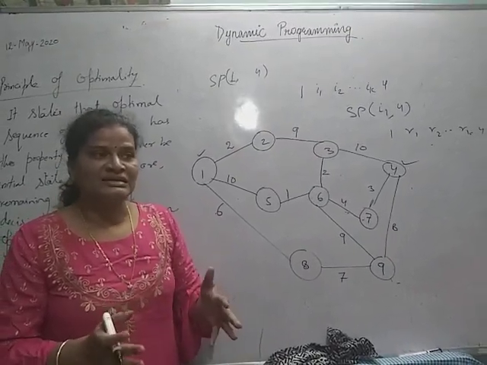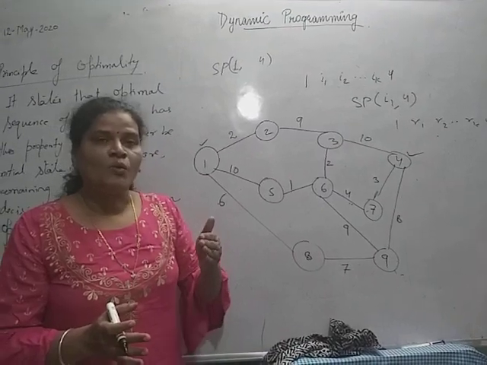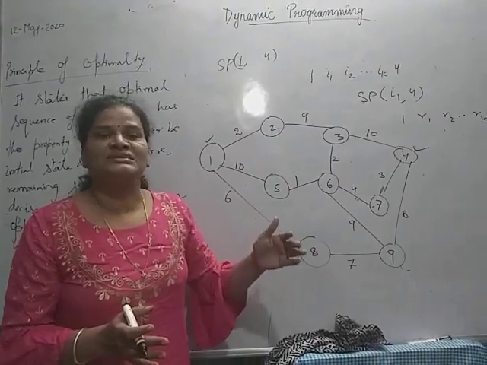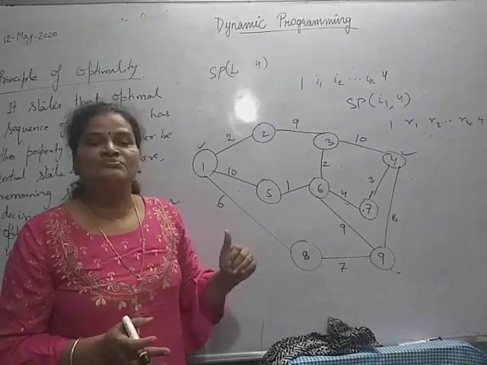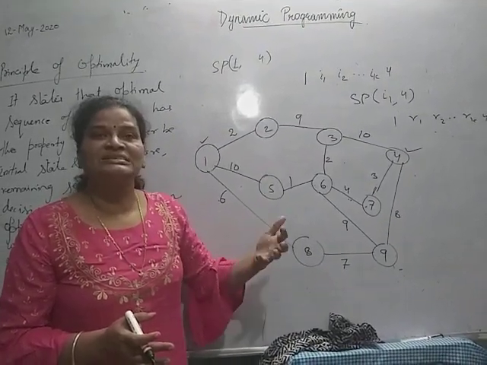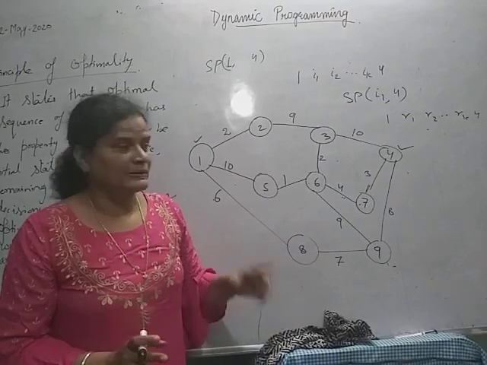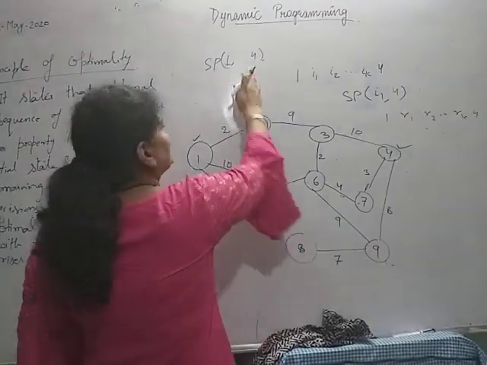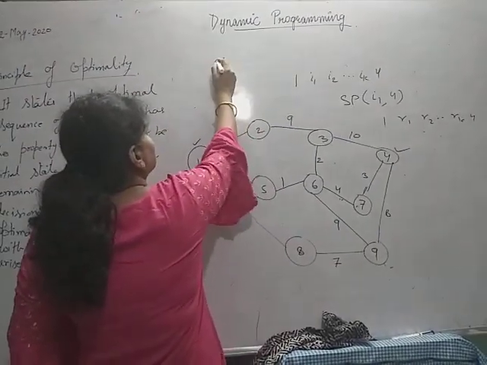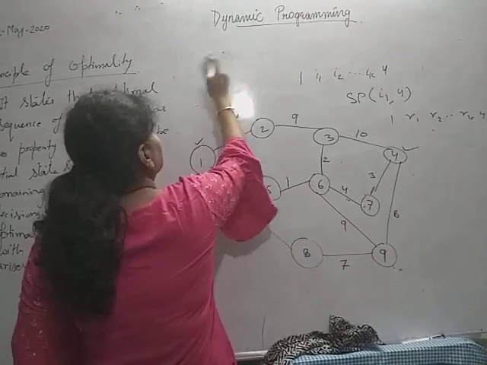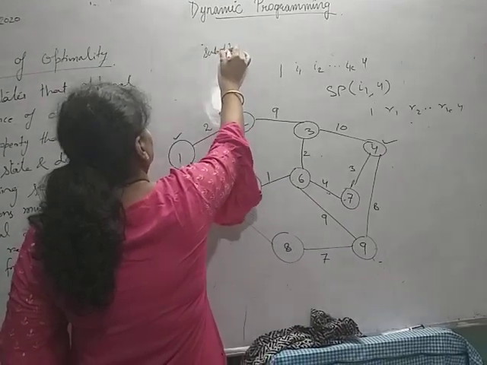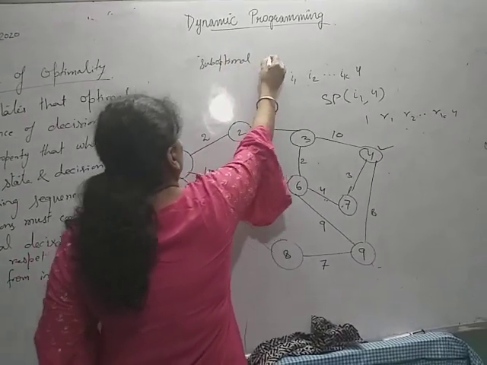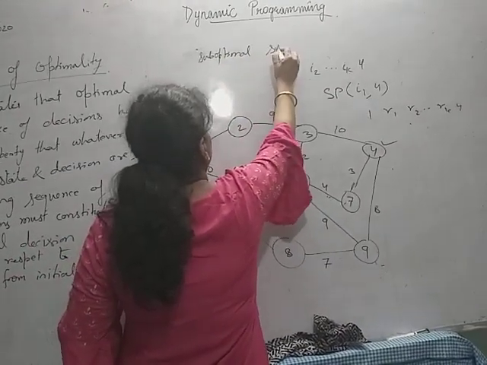In the greedy technique only one sequence of decisions is created, but here many decision sequences may be generated, but if a decision sequence contains a suboptimal subsequence,